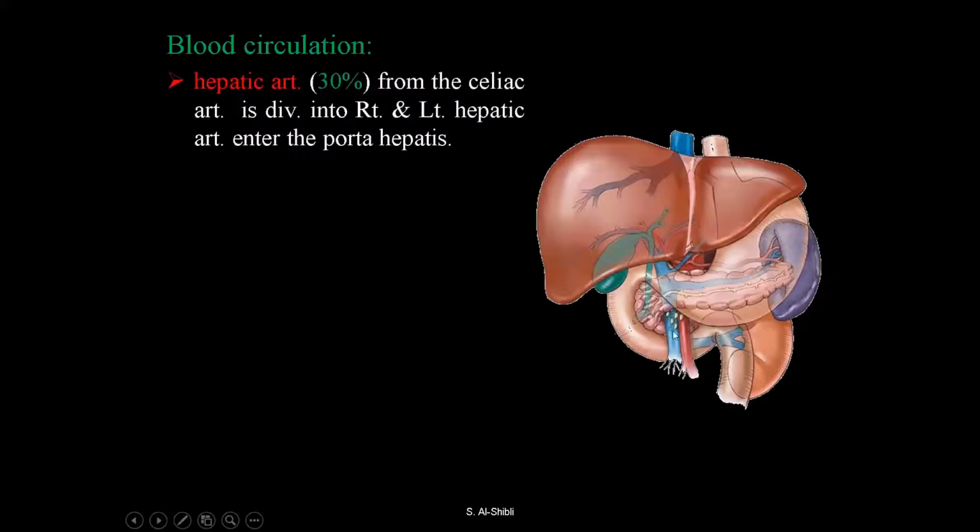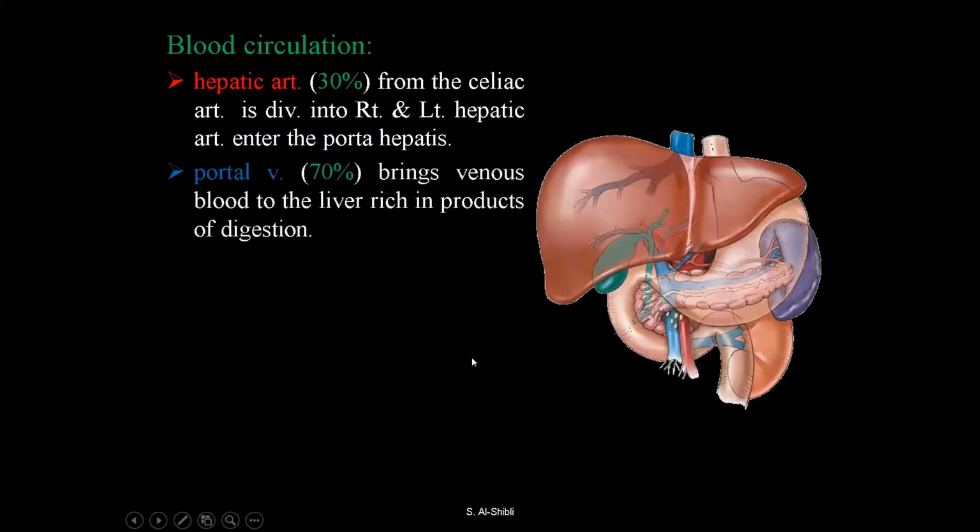30% of the blood entering the liver is coming from the hepatic artery. And as we know, the hepatic artery is a branch of the celiac trunk, which divides in the porta hepatis into the left and the right hepatic artery. The 70, about